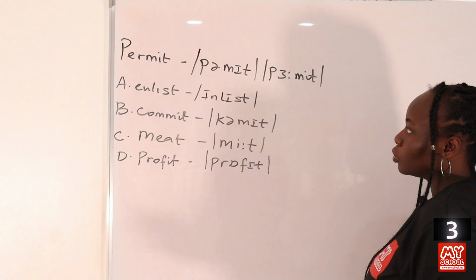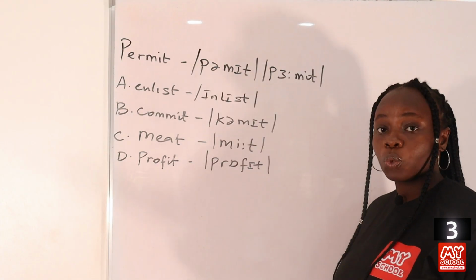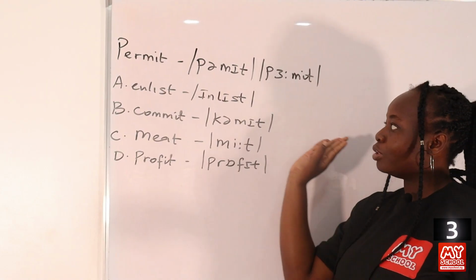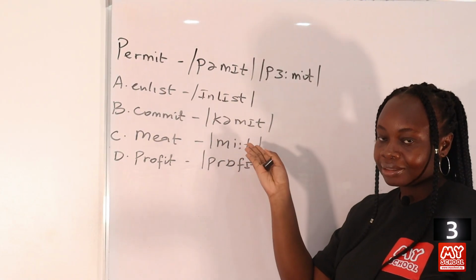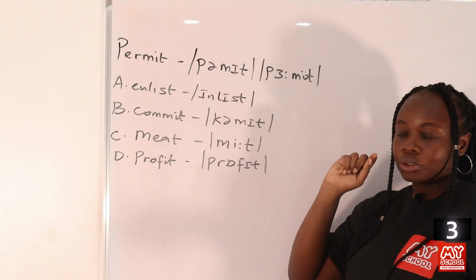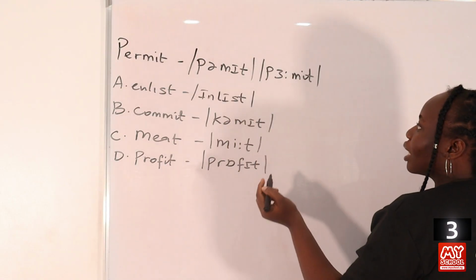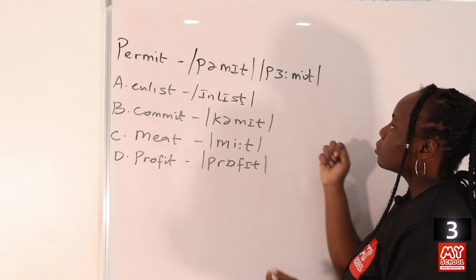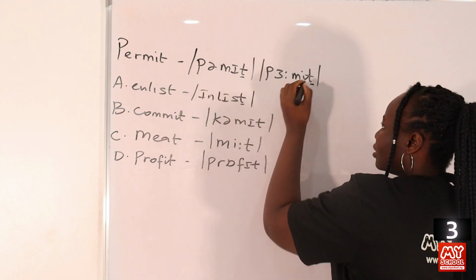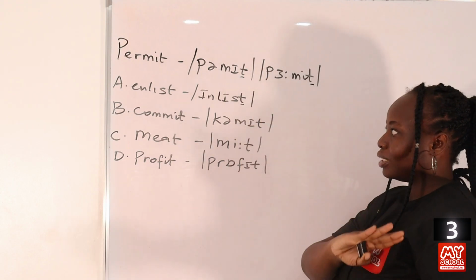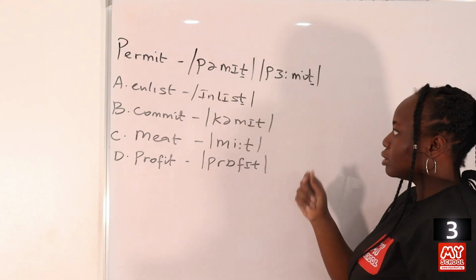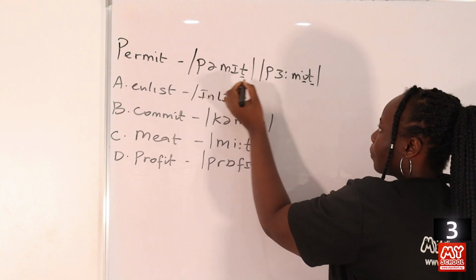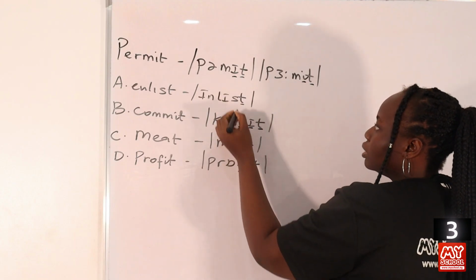All right, from the transcription, it's important to note that when you are looking for the option that rhymes with the given word, you have to look at the one that has the most number of sounds at the end that matches the given word. So from this one, we can see that t is the only sound that is similar to either of them. So we can see t and t in both places here, but that's where it stops. For commits, we can see t is similar there. The E sound is also similar. The sound is similar as well.